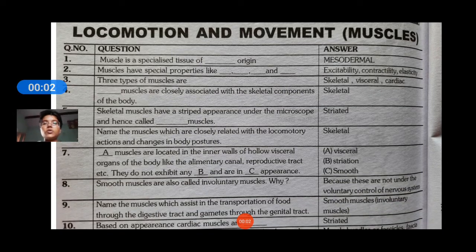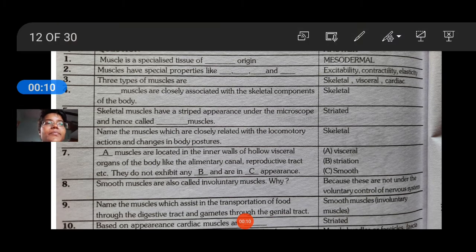So hey students, today we are going to do some MCQs and one word question answers. Match the following and true and false from locomotion and movements. Okay, so